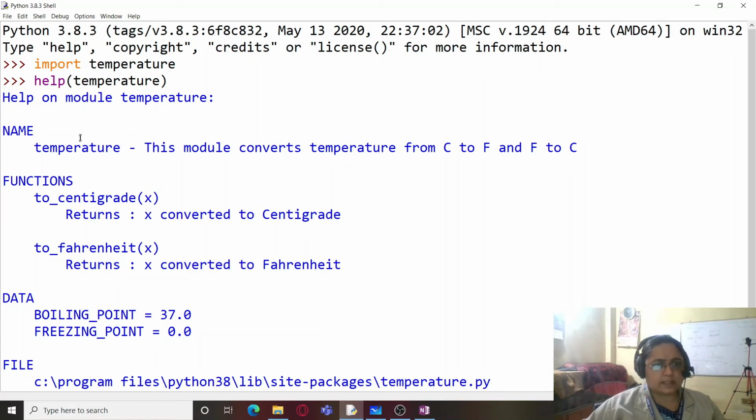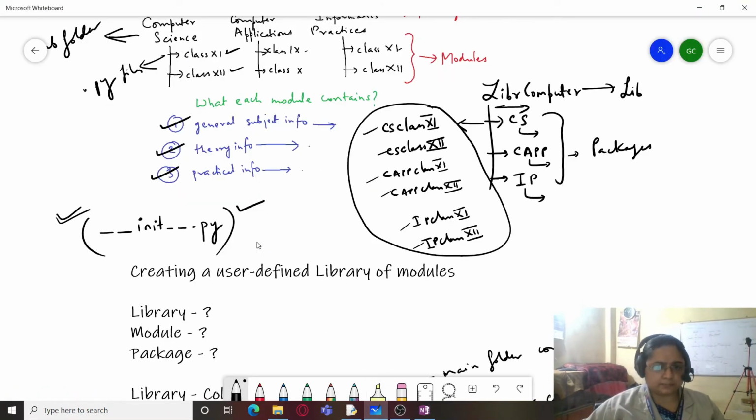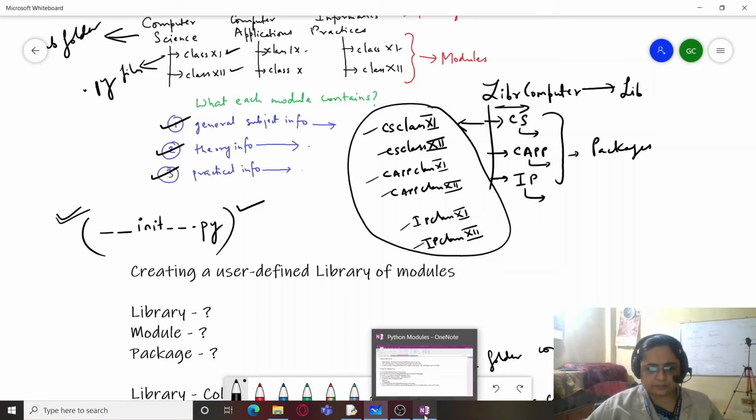That's because it is recognized as a module only because of this __init__ file. So this file is mandatory to be placed within the package containing the module.